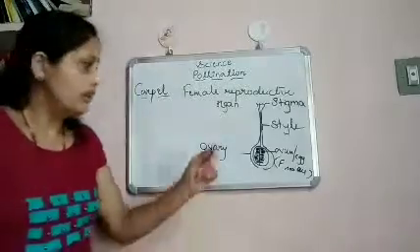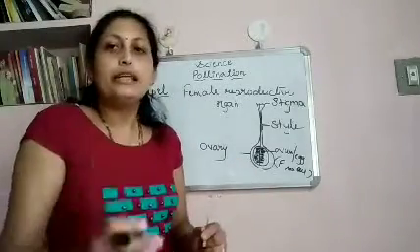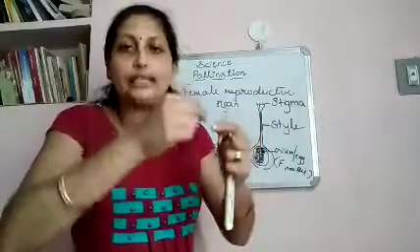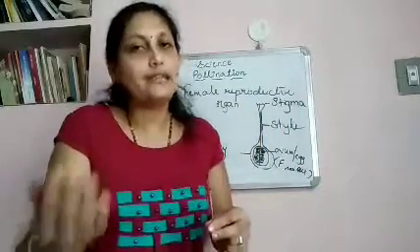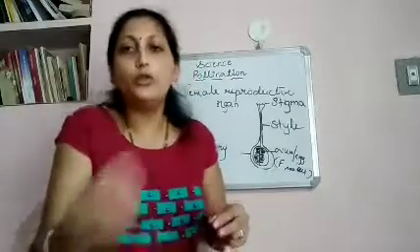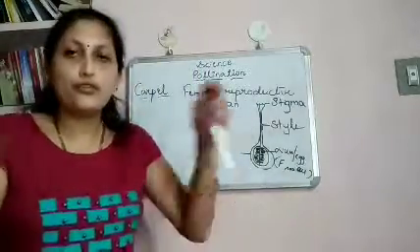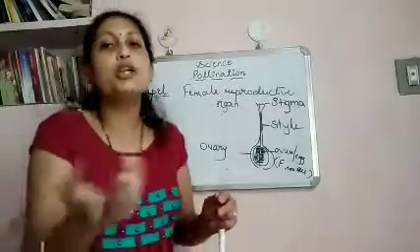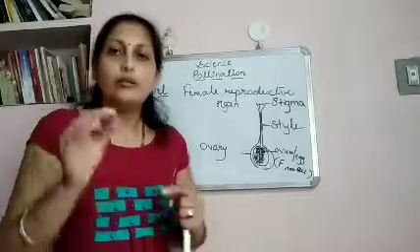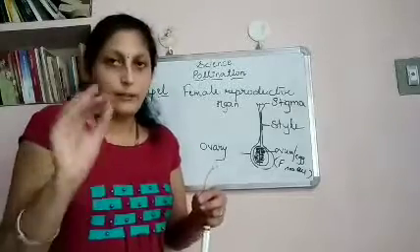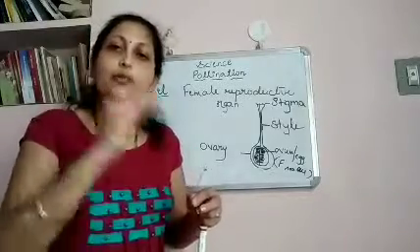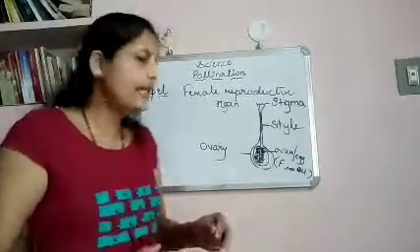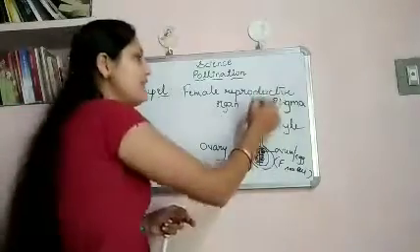In the process of reproduction, the male sex cell needs to fuse with the female sex cell to produce the next new plant. But the female sex cell is non-motile, settled in one place. So the pollen grains, male sex cells, being motile, can move from one flower to another. Hence, pollen grains reach the stigma.